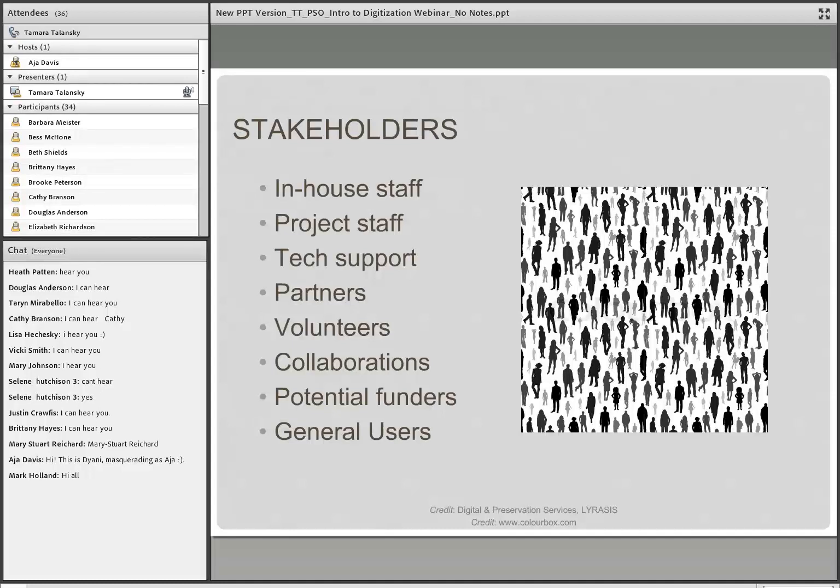Are there partners outside of your organization, your consortium or your network? Are there area experts you want to reach out to? Volunteers, such as local history groups or local experts or genealogists in the area. Collaborative efforts involving two or more organizations can sometimes help to draw grant funding. Are there any potential funders you want to reach out to, or users or patrons? These are the individuals that are supportive of your digitization or digital preservation efforts and can help drive the process.